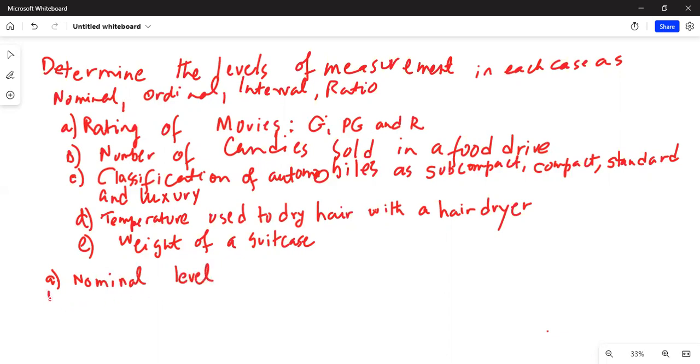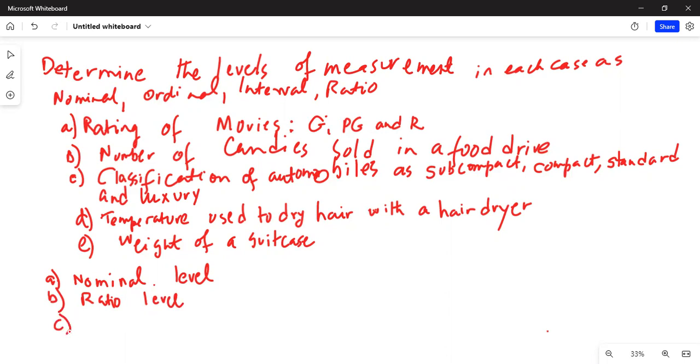Then we go to part B, which is number of candies sold in a food drive. There can be 100 candies sold, there can be 200 candies sold. So you can take the ratio of 200 divided by 100, which is 2, 2 to 1. So you can take a ratio. So number of candies sold is ratio level of measurement. Then part C,